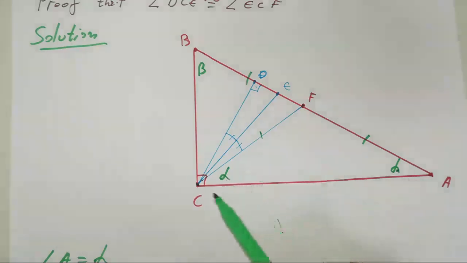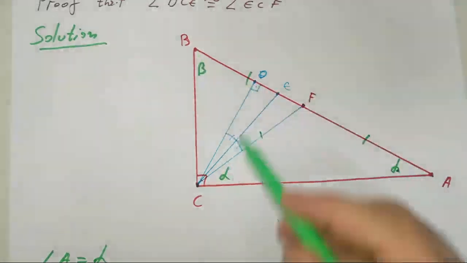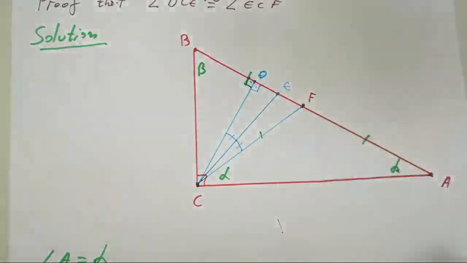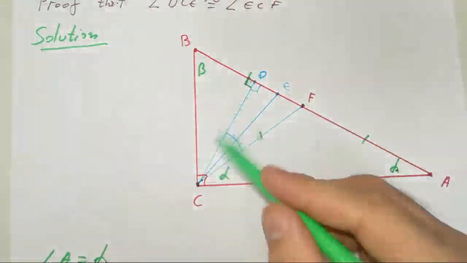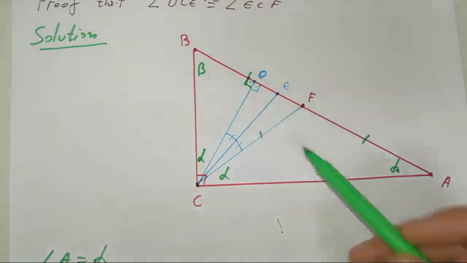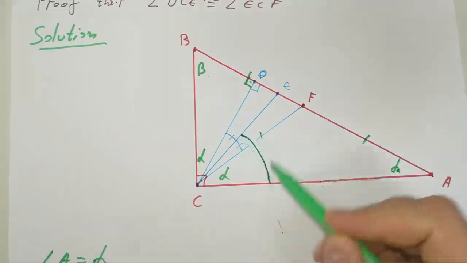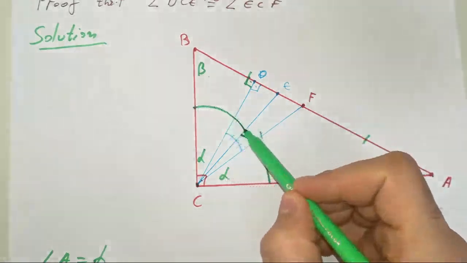Well, the triangle CAB and the triangle CDB are similar triangles. It means that they have all angles equal. If this is beta, 90 degrees, this must be alpha. Great. Now, this angle is given that it's equal to this angle,